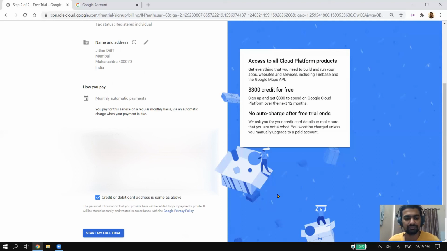So the most important part is to secure your Google Cloud account so that no one can hack into your Google account. That is very important. And secondly, this video is only helpful if you have a credit card, right? So I hope this was useful, and this will get you started with cloud computing as such.